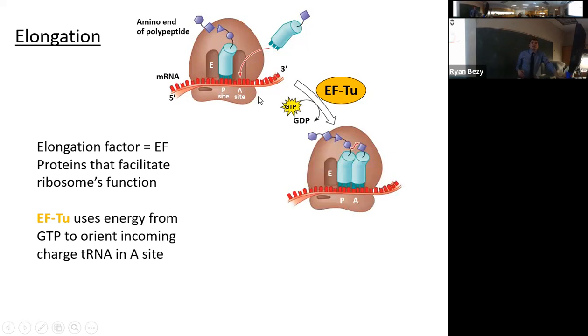What's going to happen is there is an enzyme called elongation factor Tu, or EF-Tu for short. This uses energy in the form of GTP to make sure that this incoming tRNA comes into the ribosome correctly and is oriented properly. It even does a little bit of proofreading or spell check to make sure that there is proper codon-anticodon recognition. So it helps load that incoming charged tRNA, carrying an amino acid, into the A site of the ribosome and makes sure it's lined up correctly.